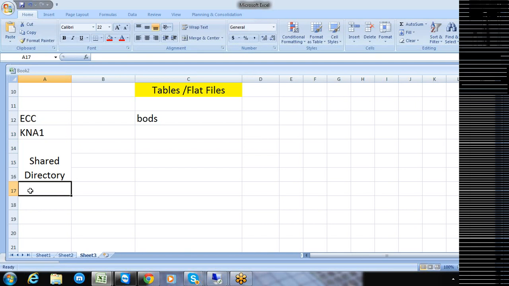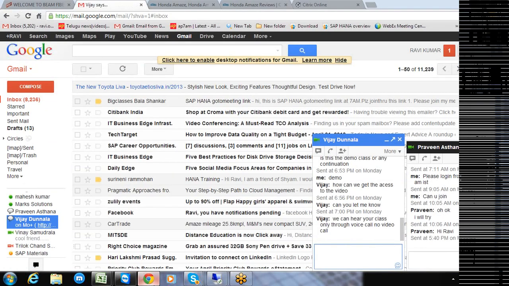That means a file is going to be created here. BODS then will start extracting the data from that file, and then it will start loading the data into the HANA table. This is what is expected to happen in the application we are going to create now.